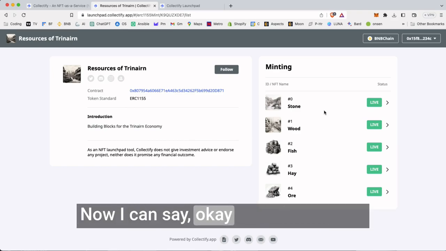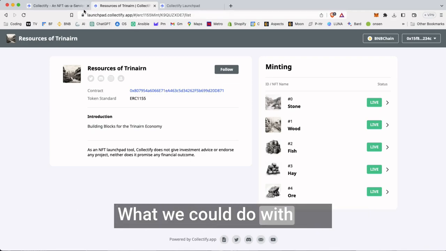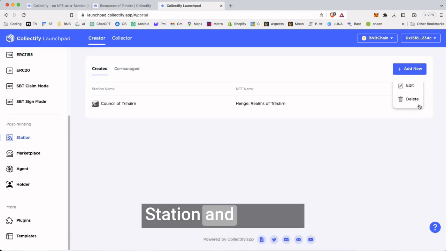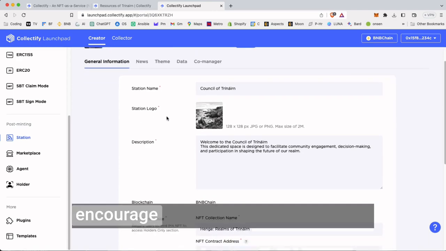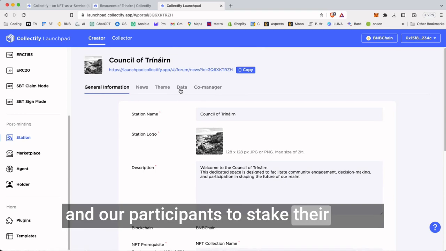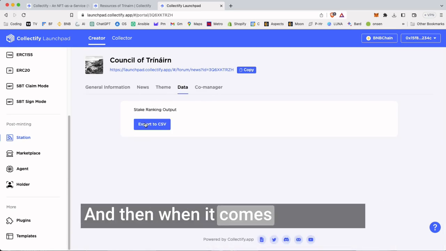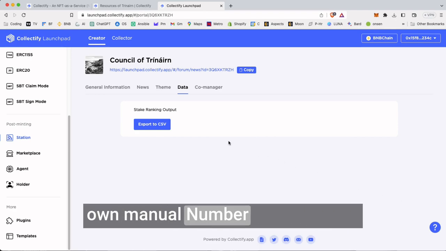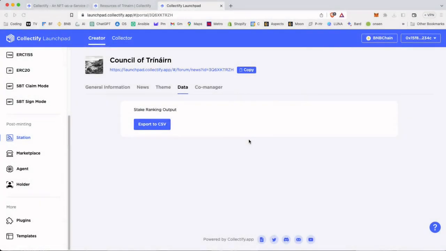Now I can say, okay, mines make ore, forests make wood, sea makes fish. What we could do with that is we drop back to staking, and we can encourage our collectors, our holders, and our participants to stake their lands. And then when it comes to the level up period, which is by default set to 30 days, but you can change that, and you can even use your own manual number identification, because the outcome spreadsheet, which I'm going to show you now,